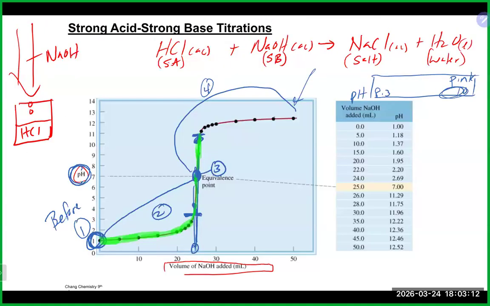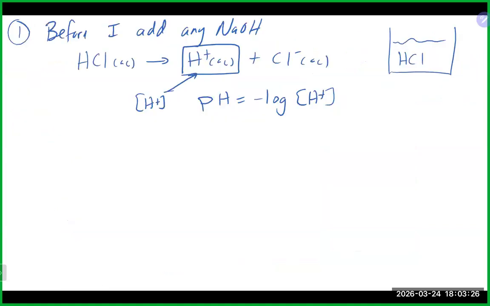We got 3 parts done. Like I said, the indicator turns super dark pink, doesn't stop you. You keep going because you want the pretty looking curve here, and you continue to add sodium hydroxide past the equivalence point. So let's take a look at what happens in terms of the pH and how we get there when we get to that part. So if we are after the equivalence point,